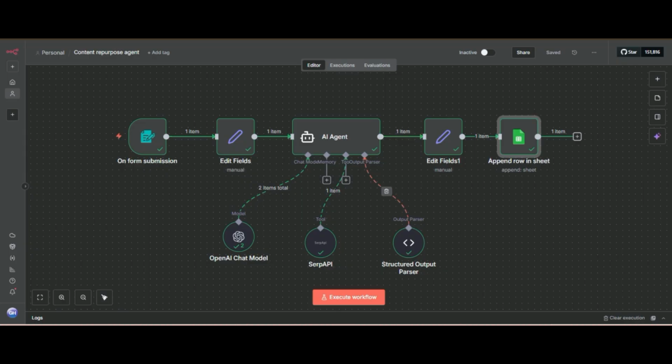Here we have to build this. It is a beginner or basic agent, but today I have to explain the Edit Fields node. That's why I made this. If I explained only the Edit Fields node on its own, it would be difficult for you to understand, so I will teach you by making an agent.